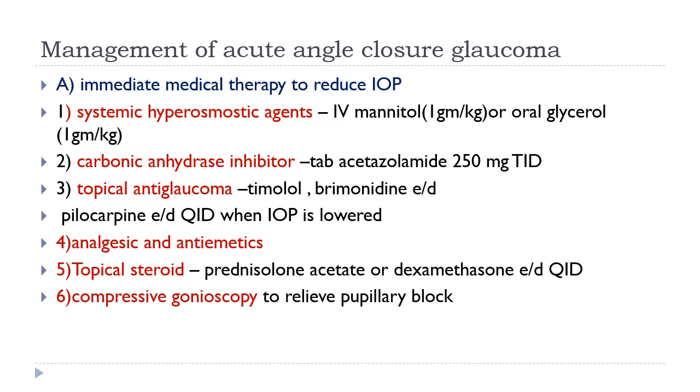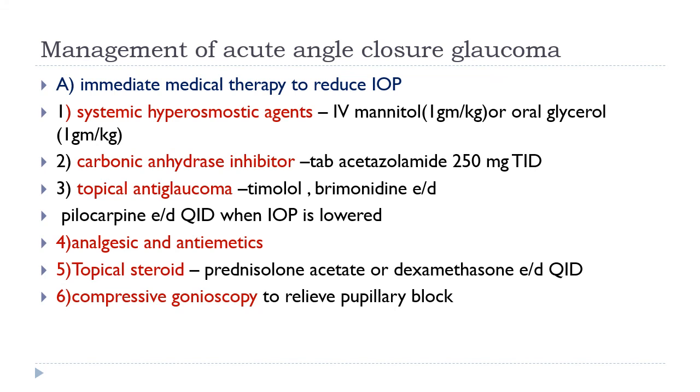So what is the management? You need an immediate treatment to reduce the intraocular pressure. Use systemic hyperosmotic agents like IV mannitol 1 gram per kg body weight, or glycerol orally in the same quantity, 1 gram per kg body weight. Then a carbonic anhydrase inhibitor, that is tablet acetazolamide 250 mg TID. You can use it for a maximum of 1 month because it has its own side effects of tingling, numbness, and